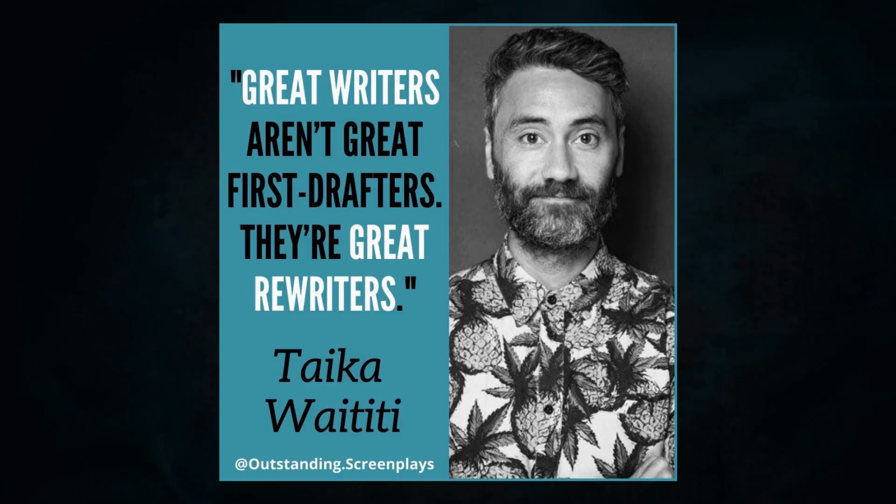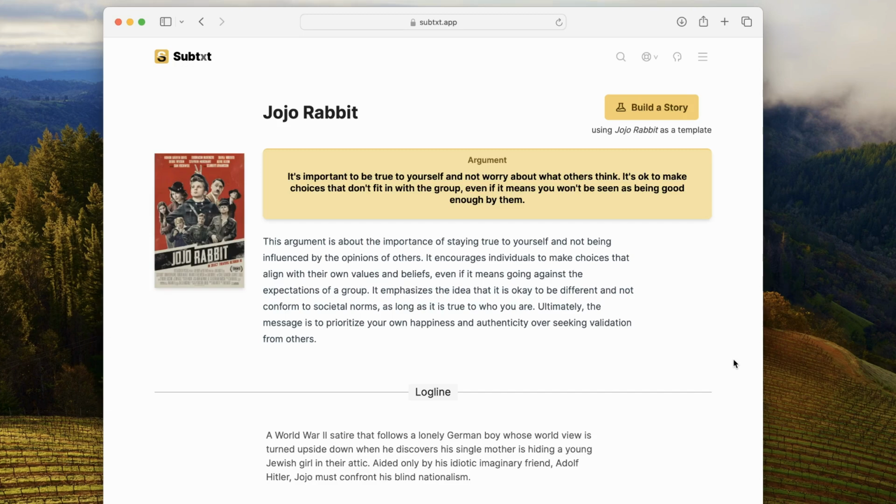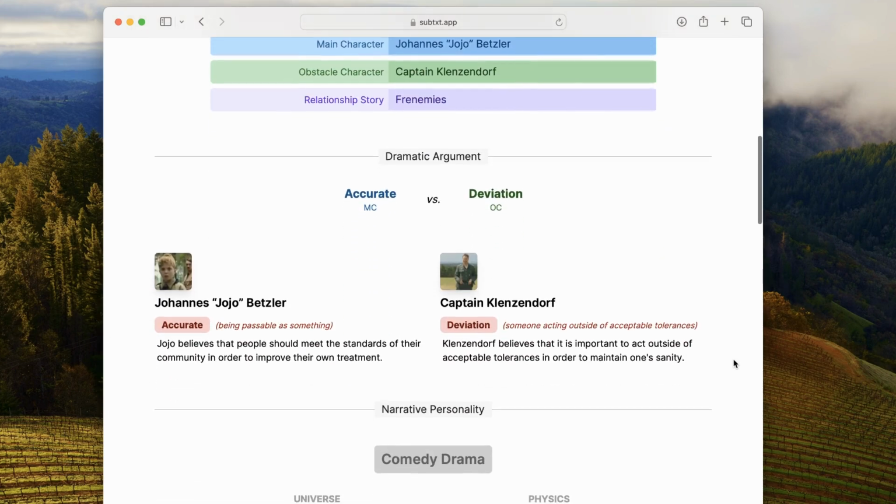So that thing when you hand off your draft to somebody else, or you put it away in a drawer for 6 weeks, or in the case of that clip from Taika Waititi, where he writes something and then waits a couple of years to come back at it and then only writes what he remembers, what he's remembering is what we would call the story form in subtext. That is the objective narrative framework. That's how everything is related to one another. He doesn't remember the specific lines of dialogue or the really cool, funny scenes. He remembers the meaning of the story because he's far enough away from the act of writing it to gain some greater objectivity of what it was that he wrote.